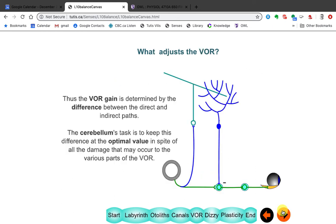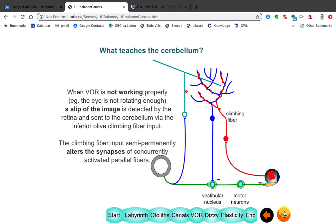Now, the cerebellum adjusts the difference between the direct pathway and the indirect pathway, and tries to maintain an optimal value. Now, when the VOR is not working, there's image slip on the eye. So whenever the head turns, there's retinal slip,